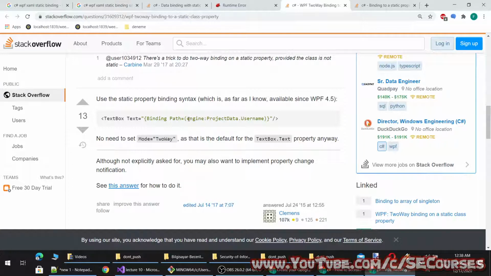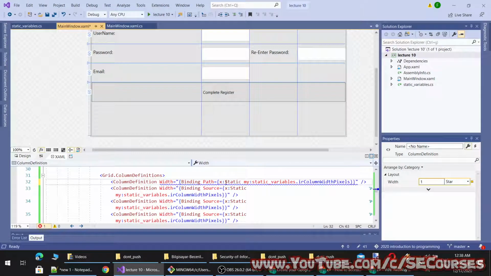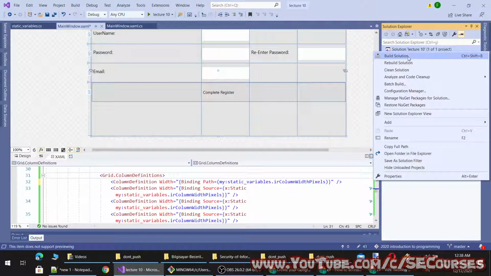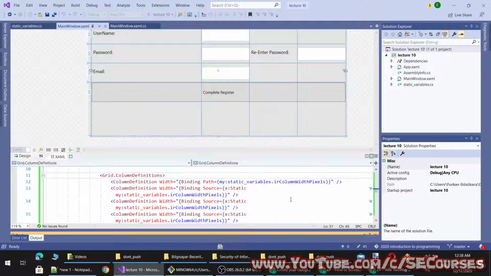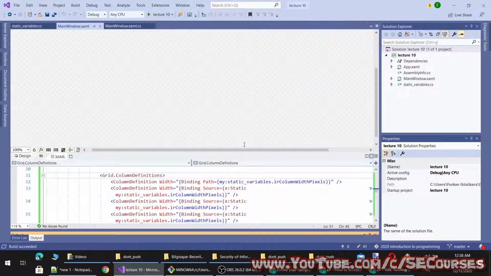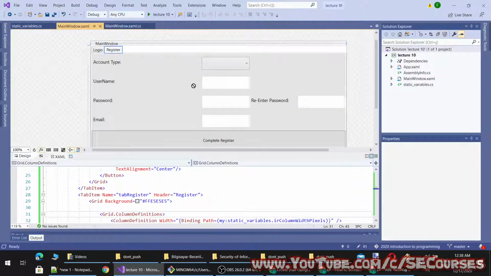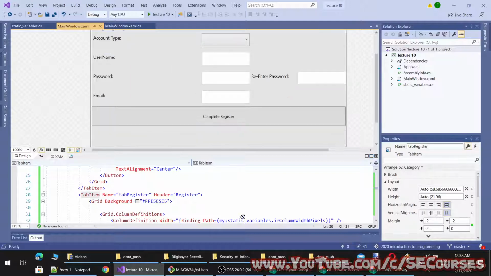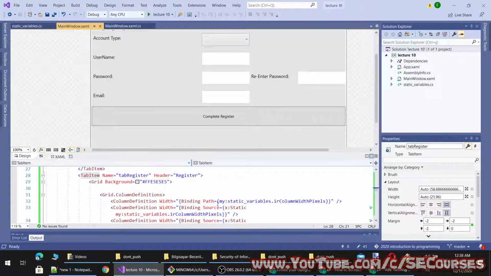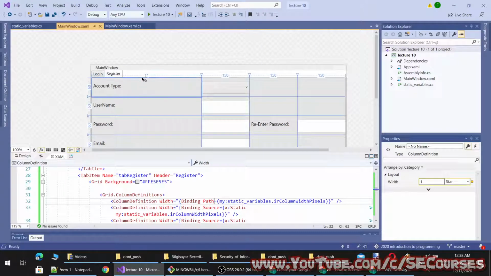Okay, it says binding path is shown like this. So when I use binding path, I think I remove this and let's build to see. Okay, not working. Path is not working right now.